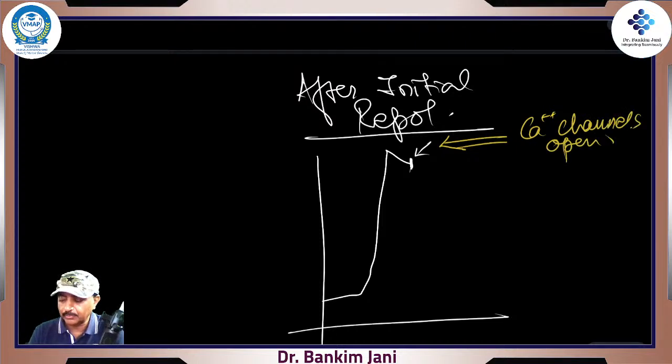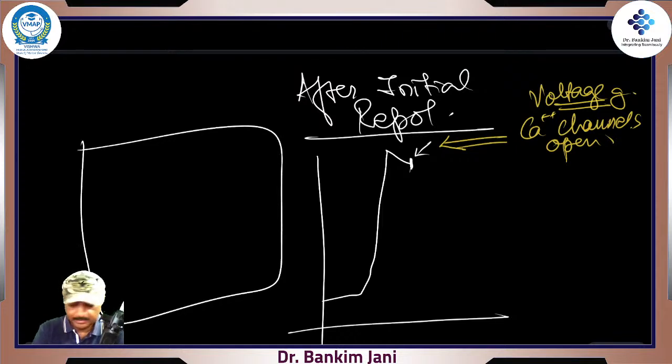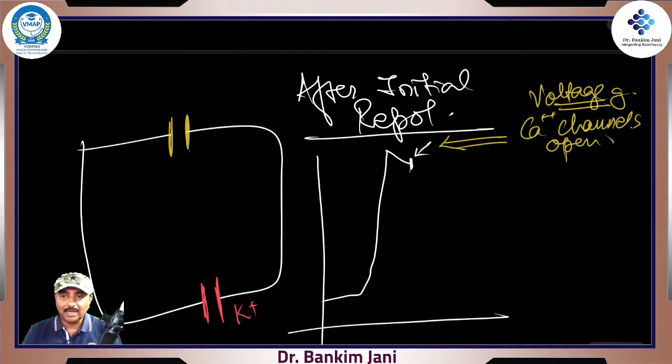And these are also voltage operated, voltage gated, right? So here is a cell. We have now removed all other channels. Right now, only two channels will be operating. There would be one channel for calcium, and another channel which is only for potassium, in which potassium will be thrown outside.